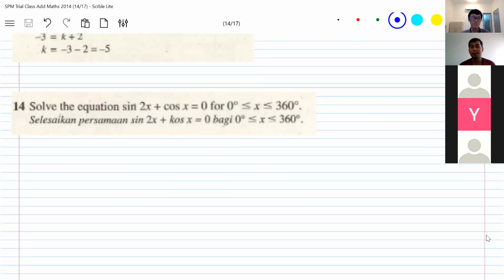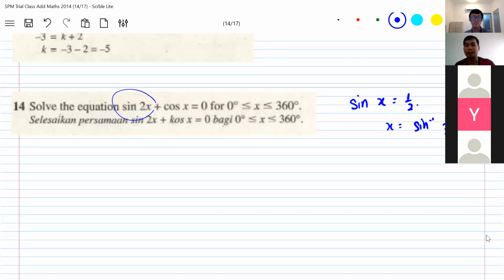It's more of, when I was doing SPM, it requires a lot of looking back into the formula sheet because double angles like this and all that requires a lot of memory. But at this point, I think it's safe to say that I've memorized quite a few for trigonometry, right? So you want to find the angle given this equation, okay? If the equations are given which are simple, like sine x is equals to half, right? What is x? You just have to